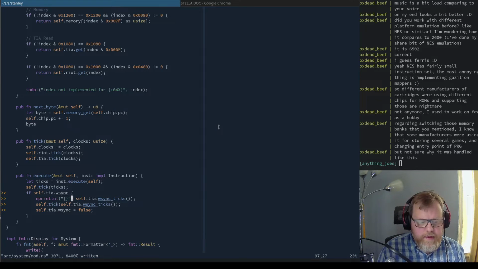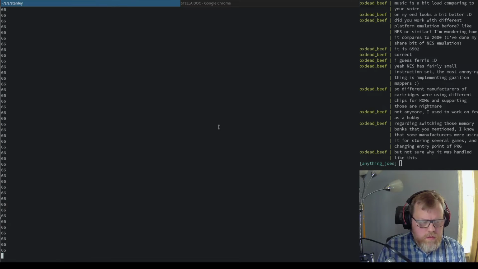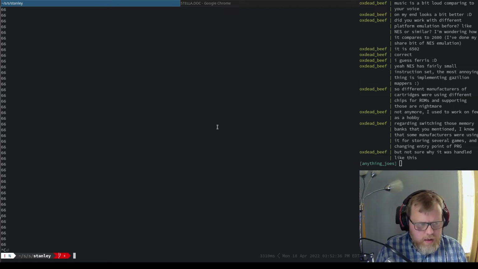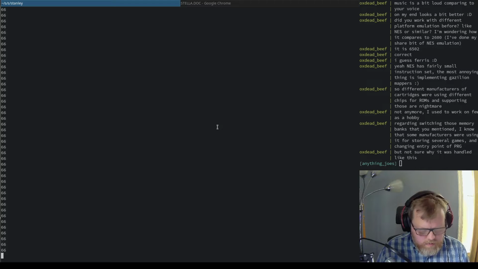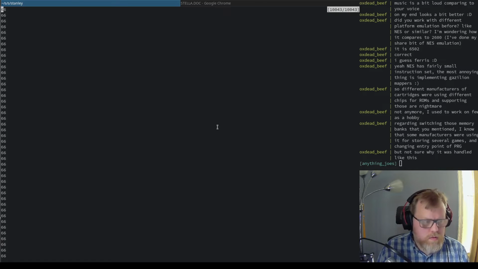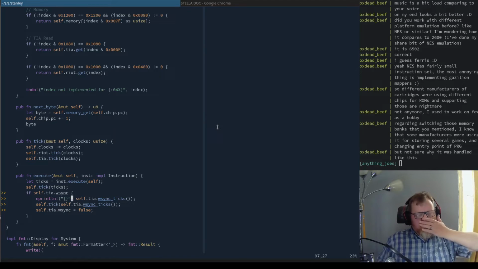Gotta wait for rust analyzer. Okay, so it stops now. I don't know what happened. So I think that maybe, let's see if I can get it to. Okay, so we're seeing a lot of 66 really, really fast. Okay, so